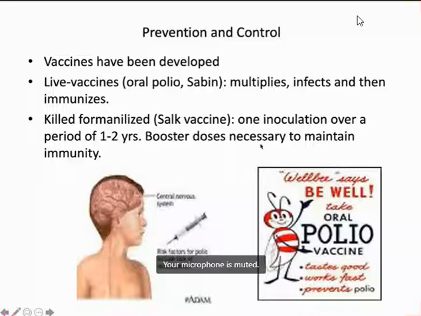Since polio is a vaccine-preventable disease, through effective vaccine policies by the government, Nepal has also announced the eradication of polio. Several countries have already announced that polio has been eliminated. But till now, the WHO has not announced that polio has been eliminated from the world, though some countries have announced themselves as polio-free. So this is more about polio.